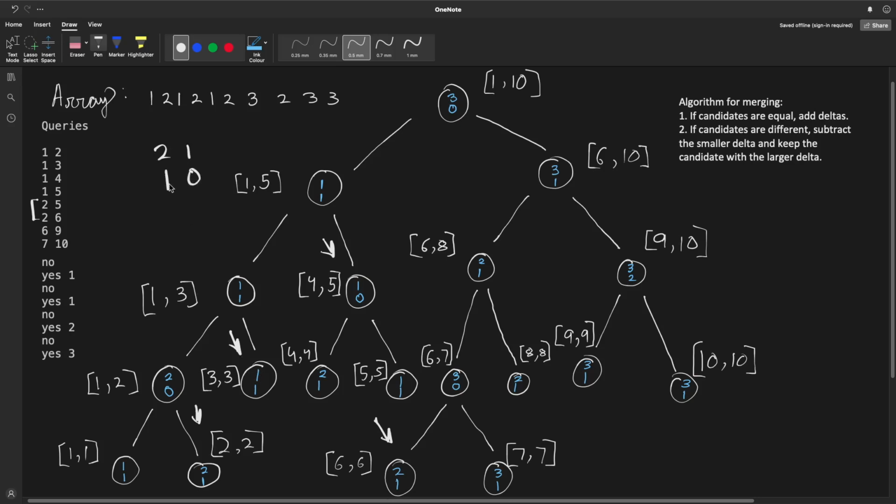But 2 has a greater delta. So I subtract the delta of the other candidate from it, which is 0. It remains 1. And we have 2, 1 over here. Now let's take a look at the majority element for this range, 2 to 6. We can see that 2 is actually the majority element for this range. So this is how you can use a segment tree to answer majority element queries.